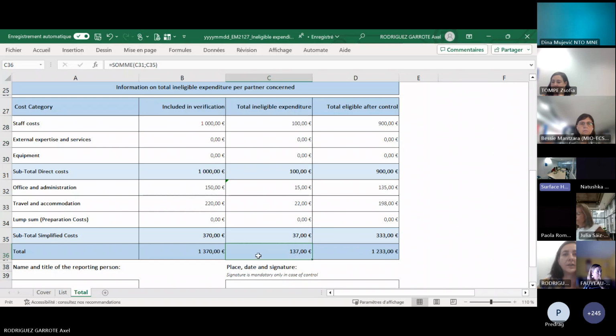So that was very quick, but the project officers are at your disposal if you have to do this for the first time. So that was just a quick overview, so you know what it is about. Thank you.